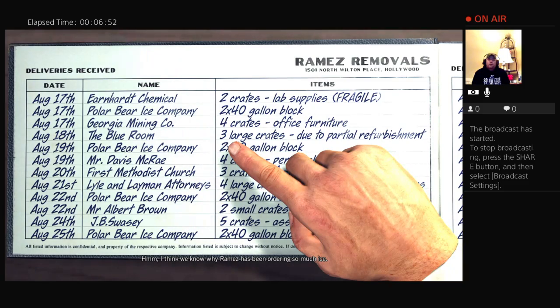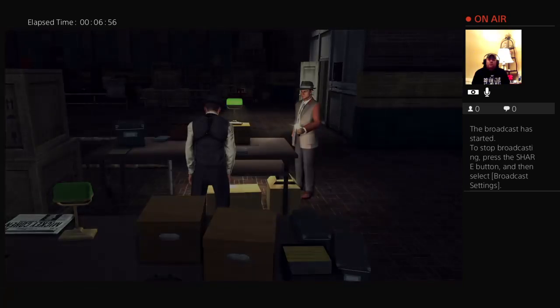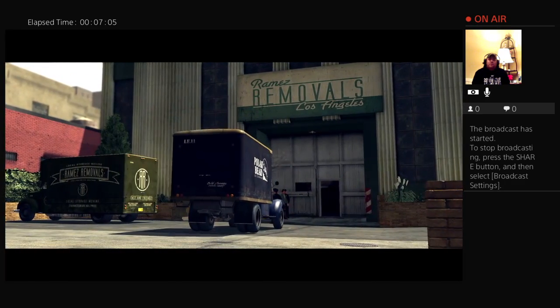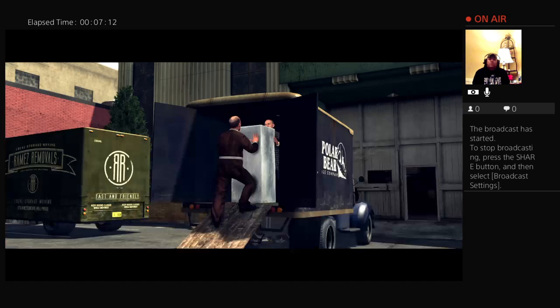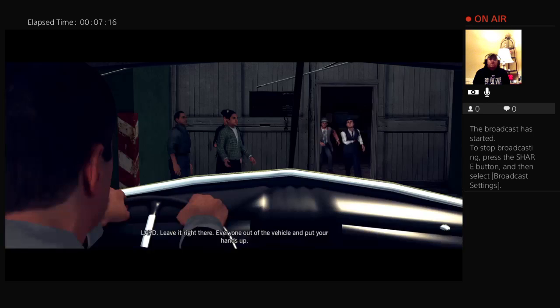I think we know why Rames has been ordering so much ice. Okay, we found it. Oh, ho, ho, ho, ho, ho. What do we have here? Well, the police already know some things. And now we know exactly what...